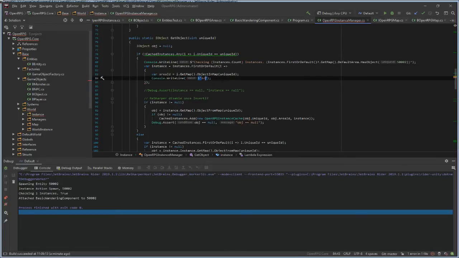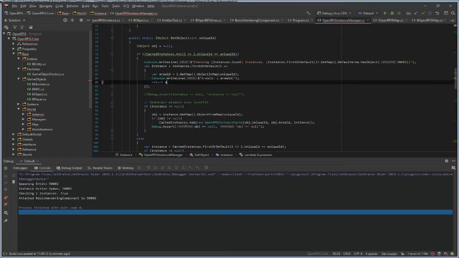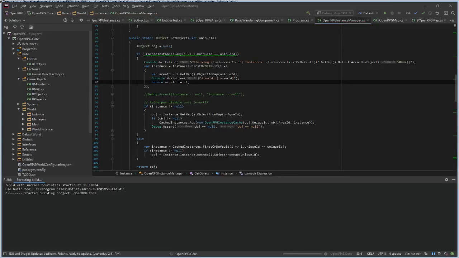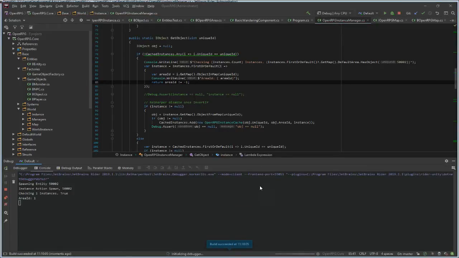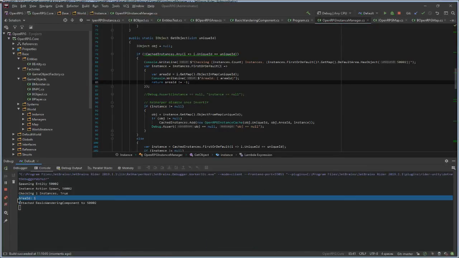Area ID is area ID, turn equal to -1. So area ID is not equal to -1. Then what is the issue? Why is this null?